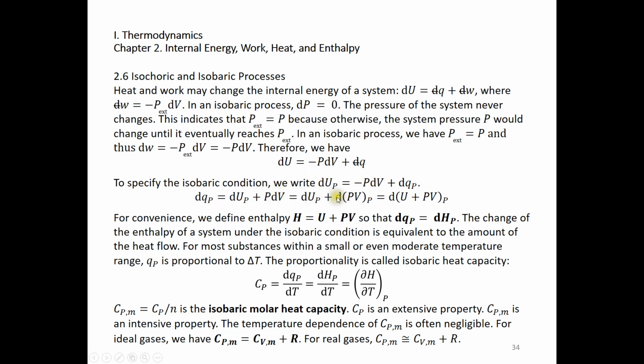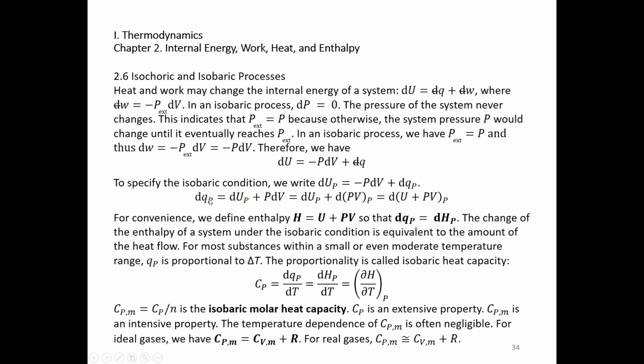So it's du sub pressure plus dpv sub pressure. Alright, and we can actually sum up u and pv. Remember, dx plus dy is just the exact differential of x plus y, so you can do the same thing here. It's just the exact differential of the sum under constant pressure condition, u plus pv. So it's neat. If we have isobaric condition, the change of u plus pv is simply the amount